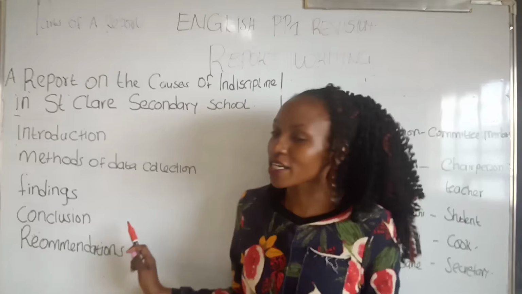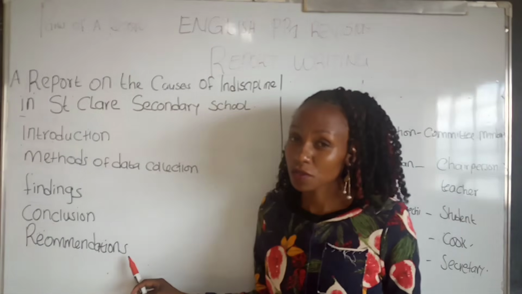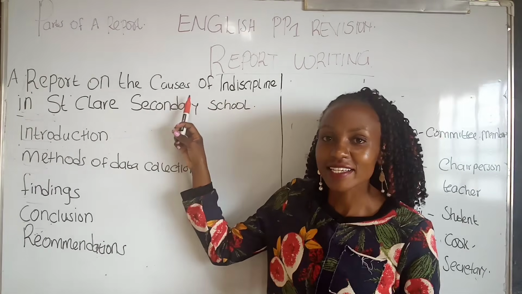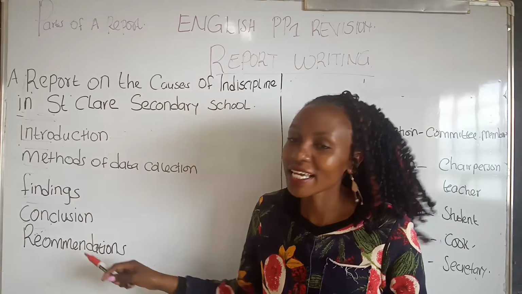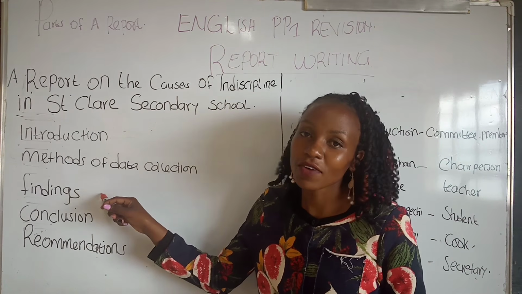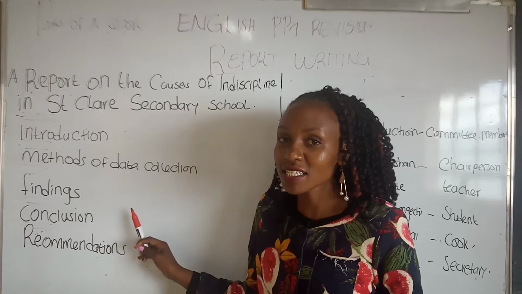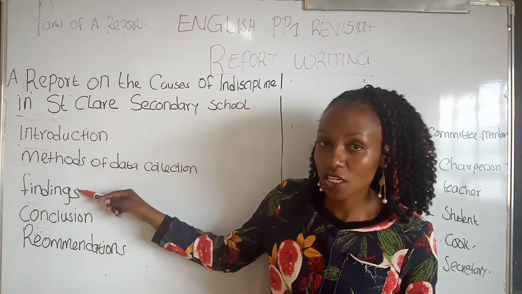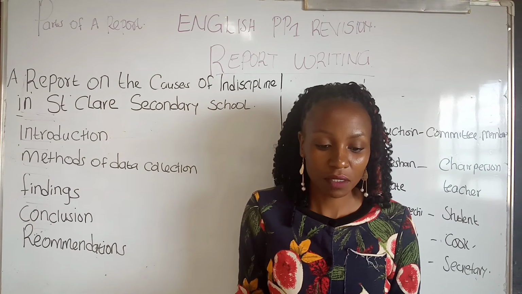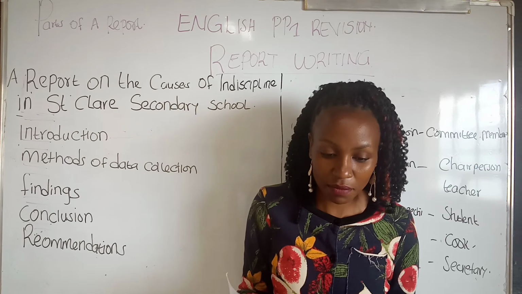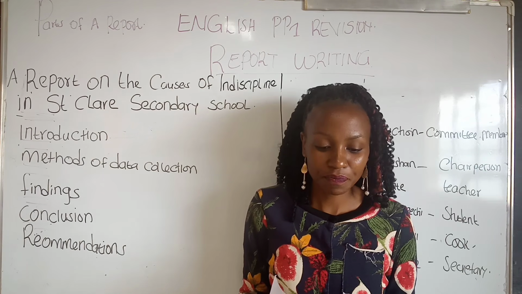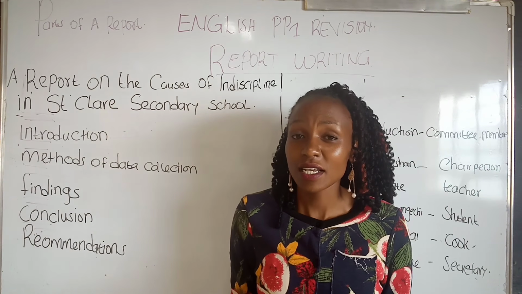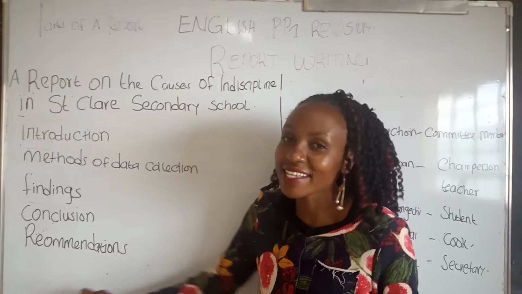From the conclusion, we go to the recommendations. The recommendations is a list of things that can be done to solve our problem, that is indiscipline. And when it comes to the recommendation, we have to solve our findings. So if we have 3 findings, we are going to have 3 recommendations. Each recommendation solving each problem. So we have the problem of inadequate food, drug abuse, and ignorance by the teachers, such that they are not punishing the indisciplined students. So we're just going to solve that here.